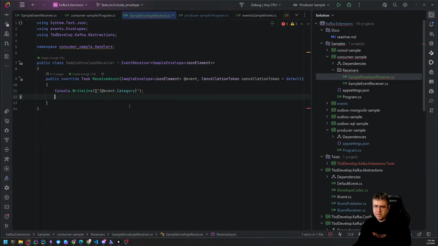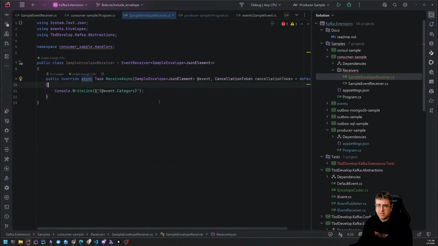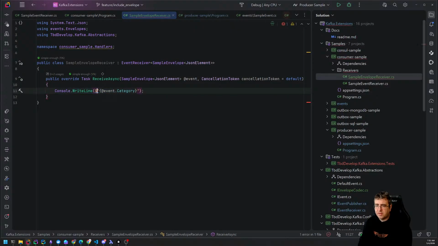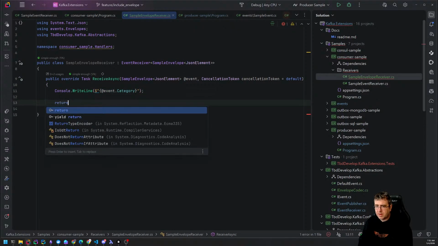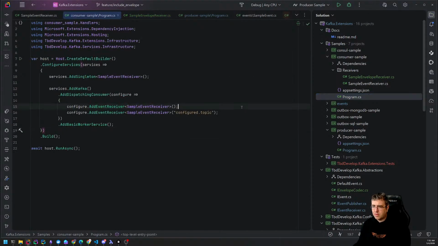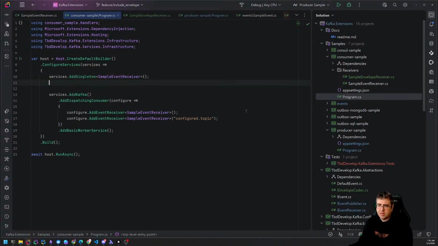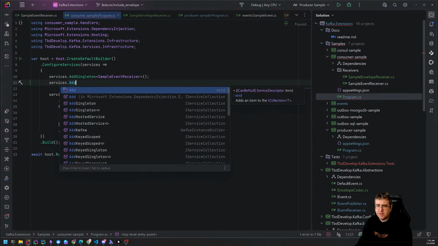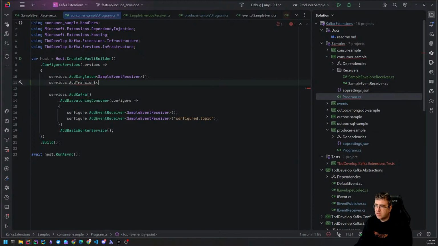So I mean, we just need to get there. I think, actually, I don't need the async keyword there. Just say return Task.CompletedTask. So now we can add the receiver. services.AddTransient sample envelope receiver. That's interesting. I guess registered that way, but